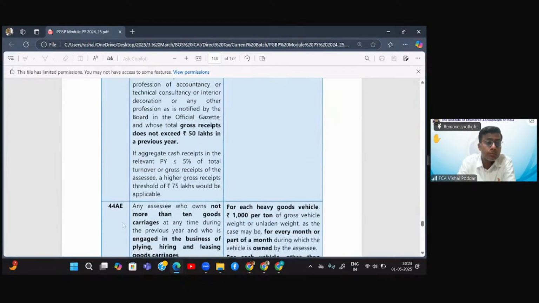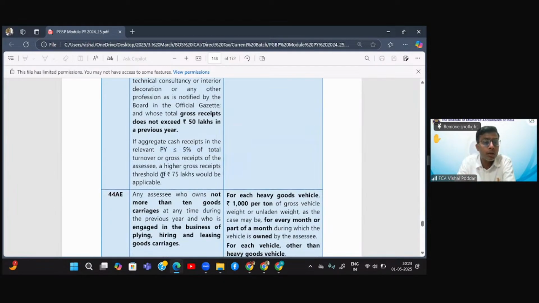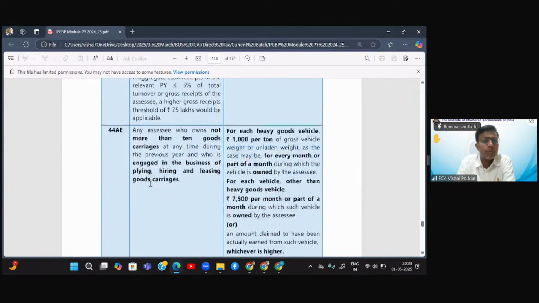Again, for them, same. If 95% of their turnover is in banking, that is, not by way of cash, or in other words, cash is only up to 5% or below 5%, the turnover limit is raised to 75 lakhs. So for such professionals up to 75 lakhs, they can take the benefit of this presumptive income section. And then the third business is